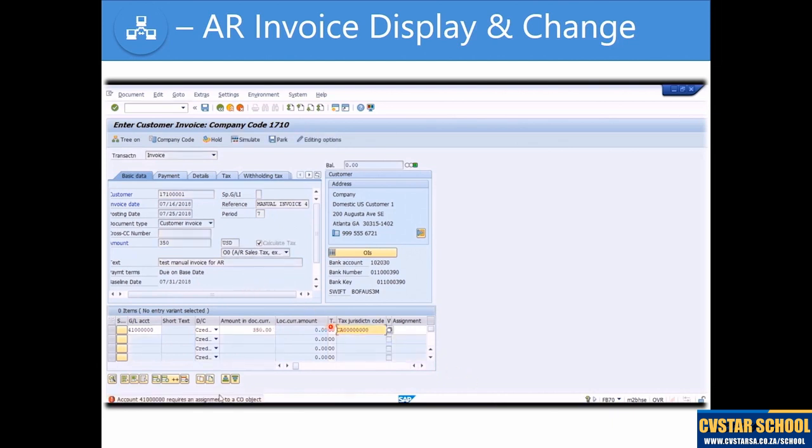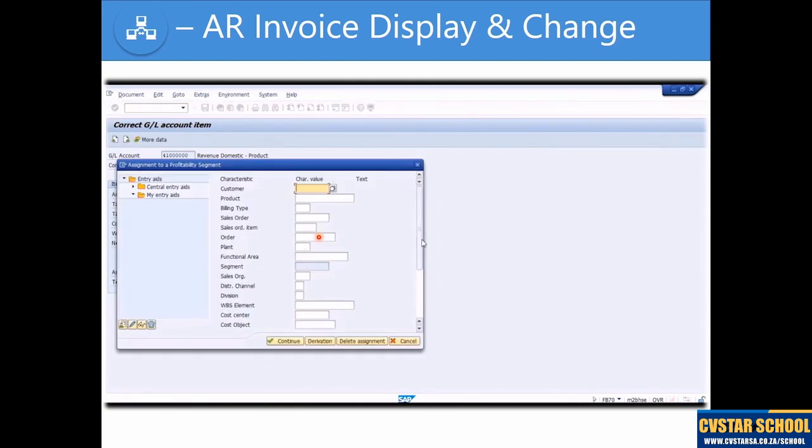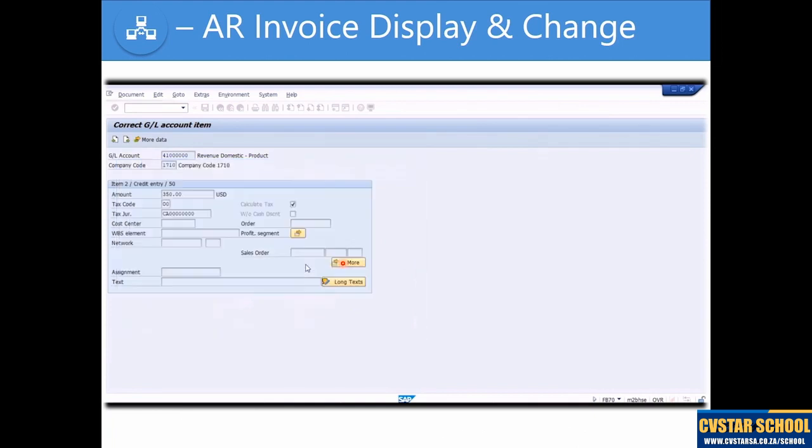we are using our tax code 00, and when we press enter, it says we need assignment to a CO object. As this is a P&L account, we do need to get a CO assignment. Double clicking on the line item and the profitability segment button is the easiest way. We're just going to scroll down here and put in a profit center. Again, this is just a repeat of the first lesson, create manual invoice, so we have a fresh document for